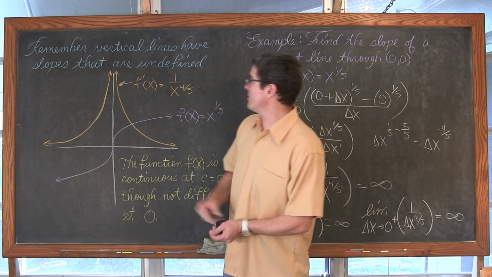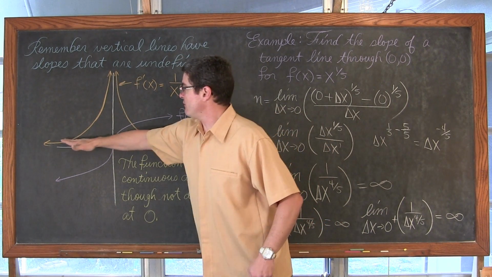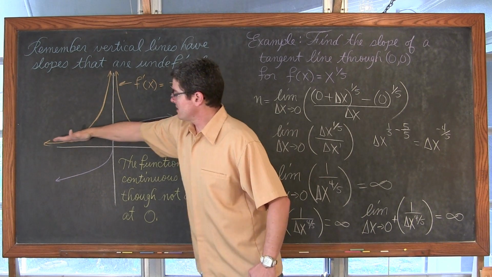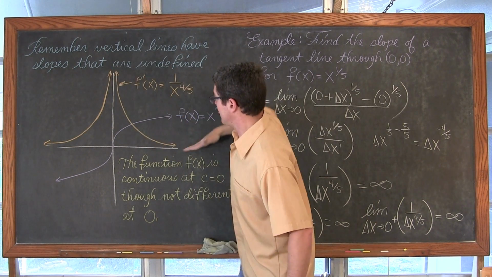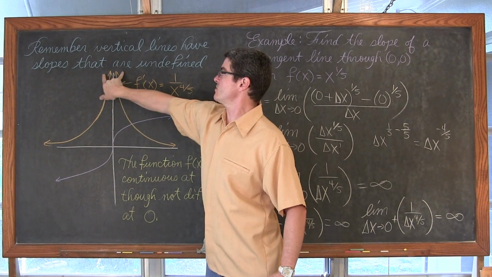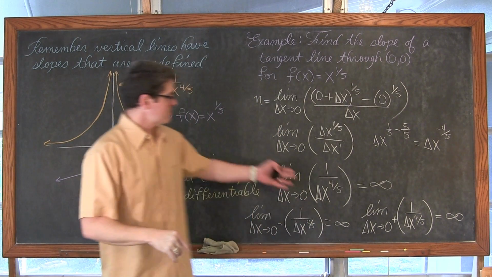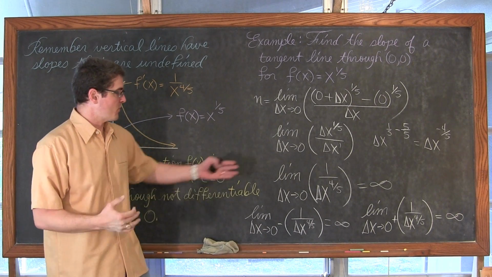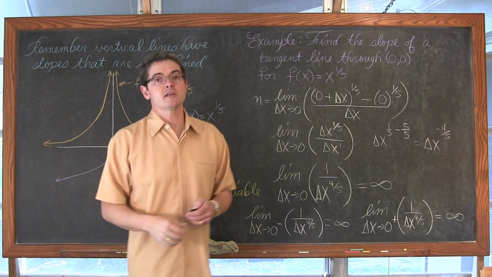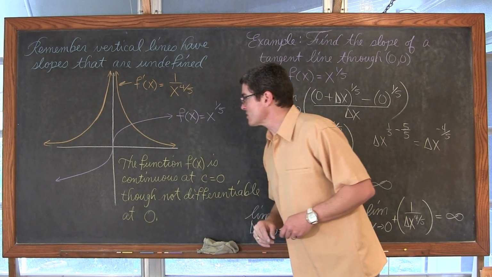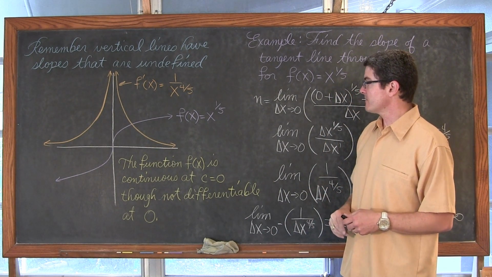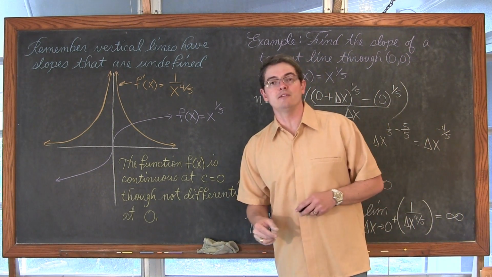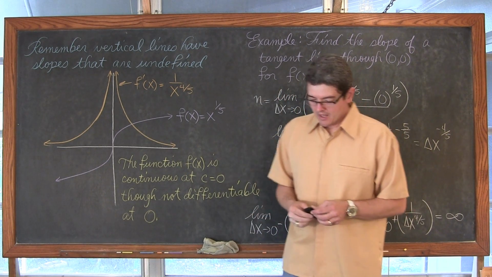And I wanted to show you how it approaches infinity as you approach the x value of 0 from the left and the x value of 0 from the right. Thus the two-sided limit is the same, just happens to be infinity, which is nice to say that it's equal to infinity, but we're actually validating that the real limit does not exist. Thus the slope of the tangent line is undefined, or the tangent line is vertical, because we had that limit of either infinity or negative infinity.